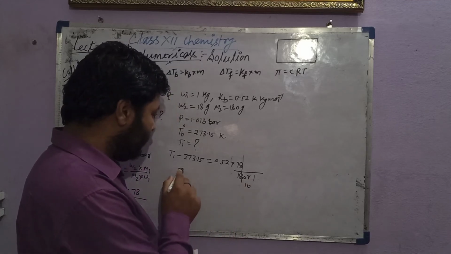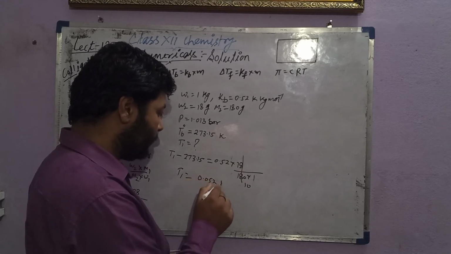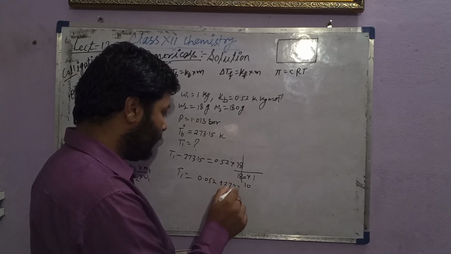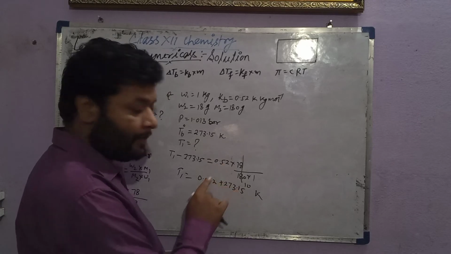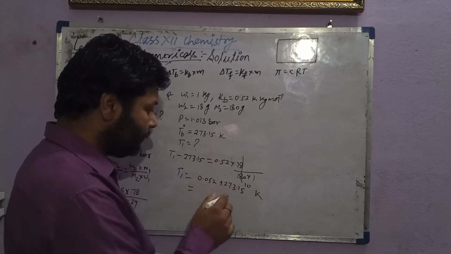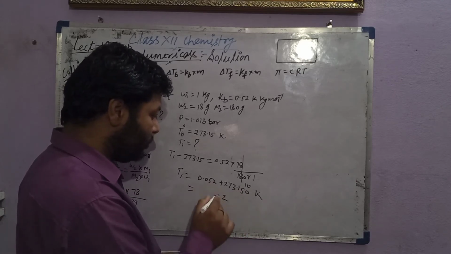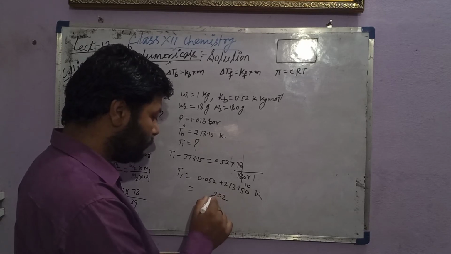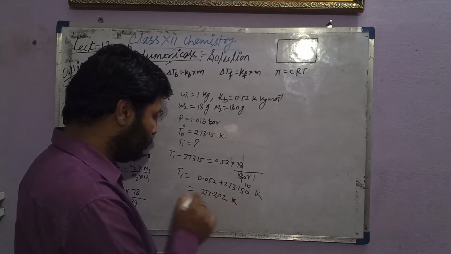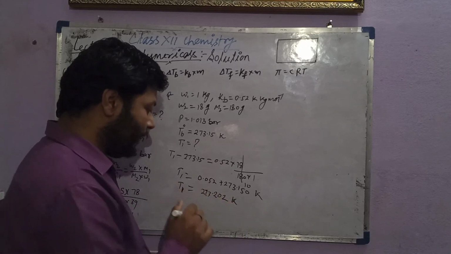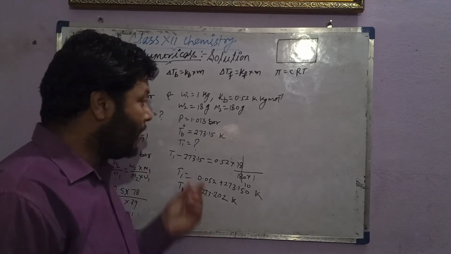So the value is T1 equal to 100.052 plus 273.15. That will become in the Kelvin. When divided by 10, this value will be 0.052. When we sum, there will be a 0, 2, 5, 5, 0, 1 carry, 1, 1, 2, and the exact value is 273.20. So elevation of boiling point means the temperature at which the water boils on addition of this amount